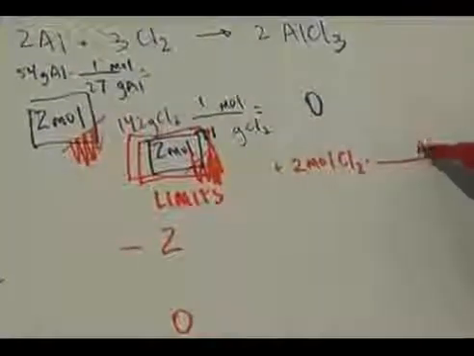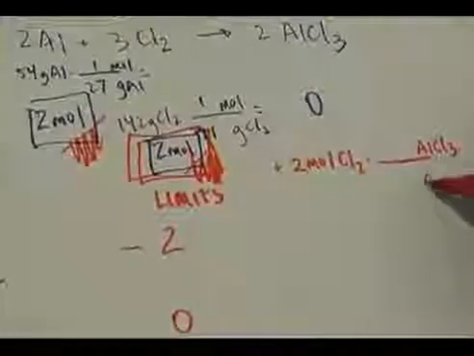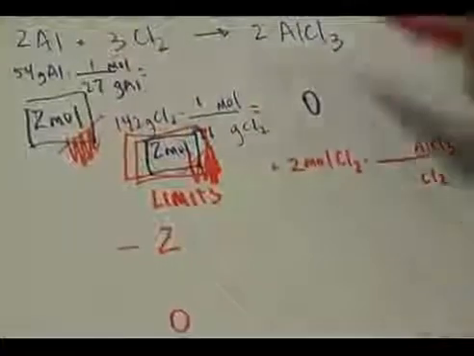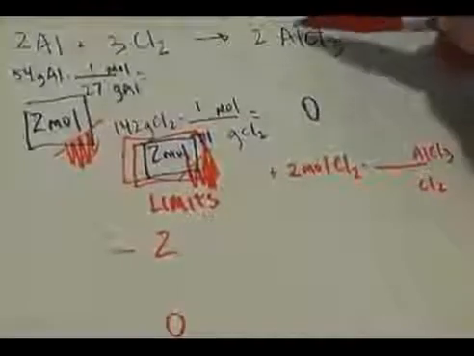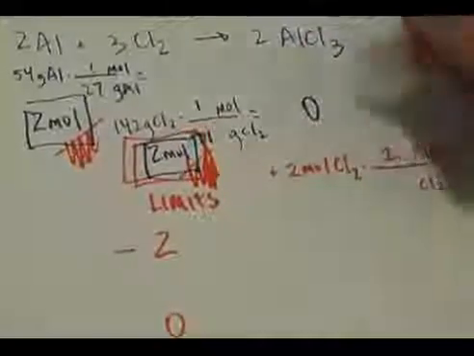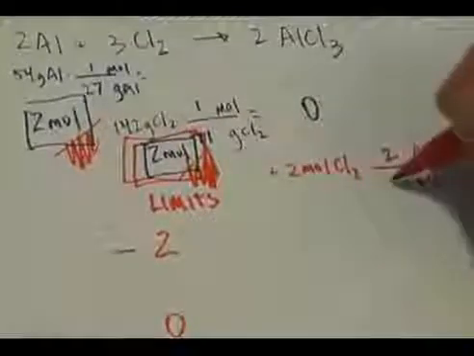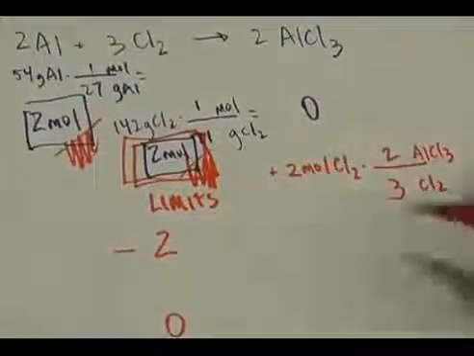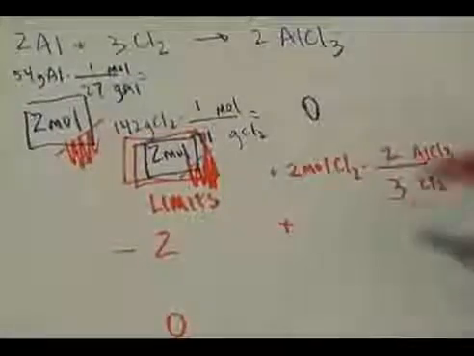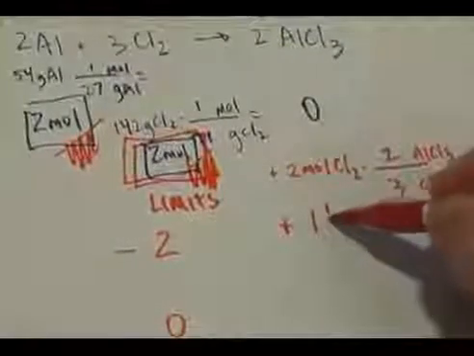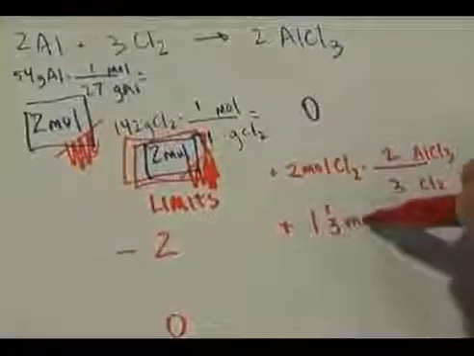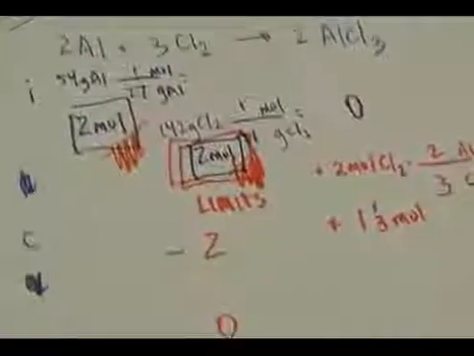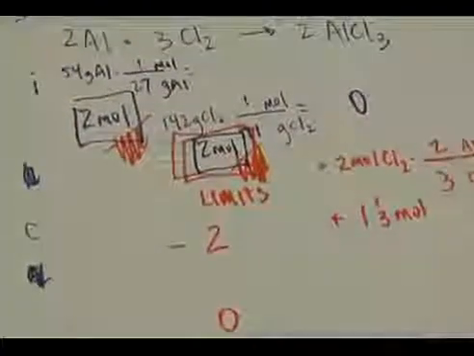AlCl3 is my new set of units, Cl2 is my old set of units, and if I look up at the balanced chemical equation, there's a 2 in front of the AlCl3, there's a 3 in front of the chlorine, so 2 times 2 is 4, divided by 3 is 4/3, so I'll gain 4/3, which is what, 1 1/3 or so moles of AlCl3, and in the end, at the bottom of my ice table down here, I'll